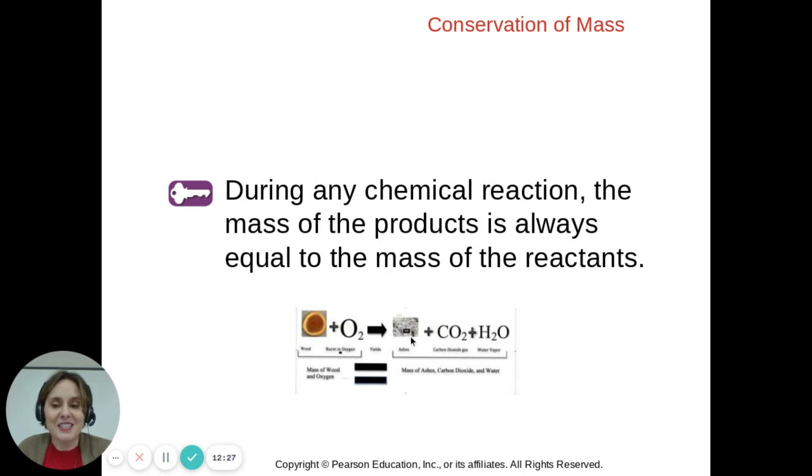You add that to the mass of the ashes, and also you've got some water vapor getting sent into the atmosphere. If you could trap that, add that to the mass of the ashes, and that's supposed to equal the wood and the oxygen that you started out with. We have a special name for this. I'll get to it in just a second because